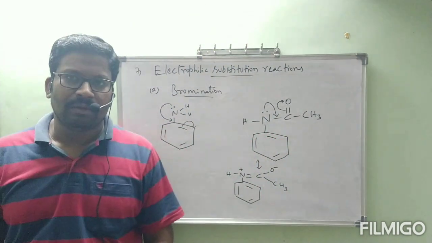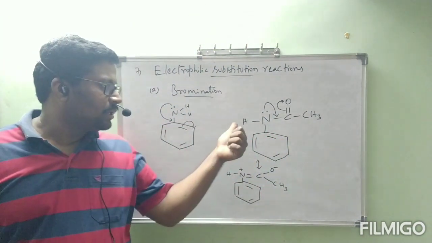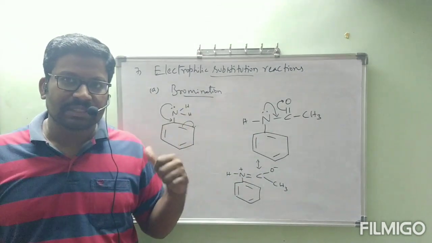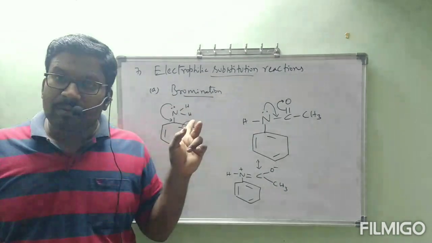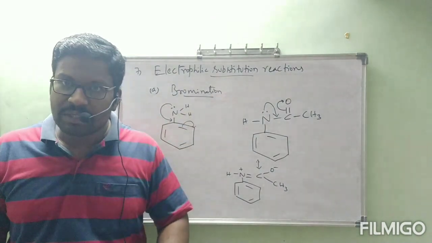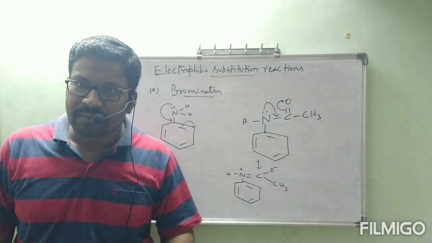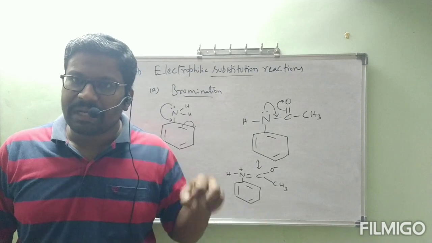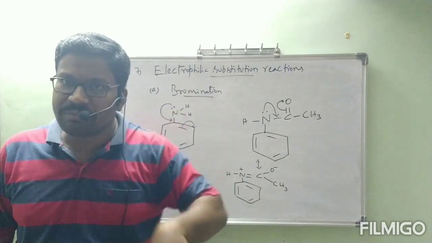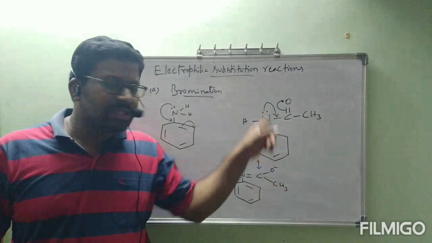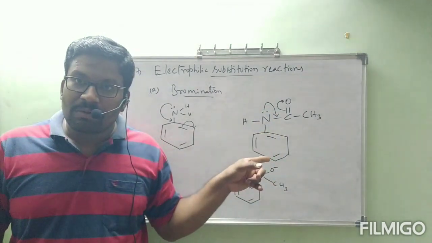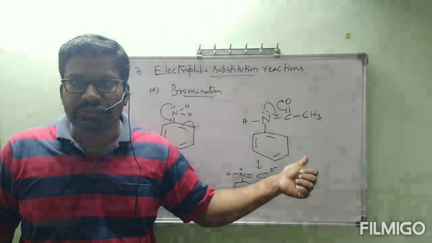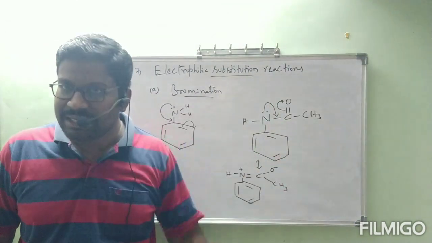Is it clear? Shall I go through? No. Before going to that, the difference between this aniline and acetanilide. What is the difference? In aniline, the nitrogen lone pair is entirely donated into the benzene ring only, so it is highly activating the benzene ring. So ortho and para, all the three positions are getting activated because that lone pair of electrons is involved in the benzene ring only. But coming to this one, along with that lone pair of electrons donated into the benzene ring, it is involved in resonance structures with COCH3 also. Because of this, its activity is getting decreased.